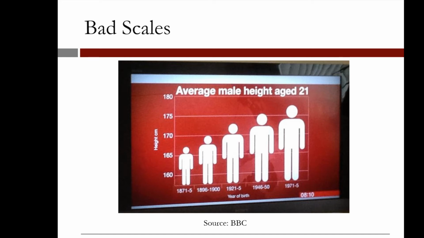In this video, we are going to look at scales. This first plot shows the average height of a 21-year-old male in centimeters. The x-axis is time, starting in 1871 and ending in 1975. Each person represents the height at a different point in time, and the points are evenly spaced in time, so